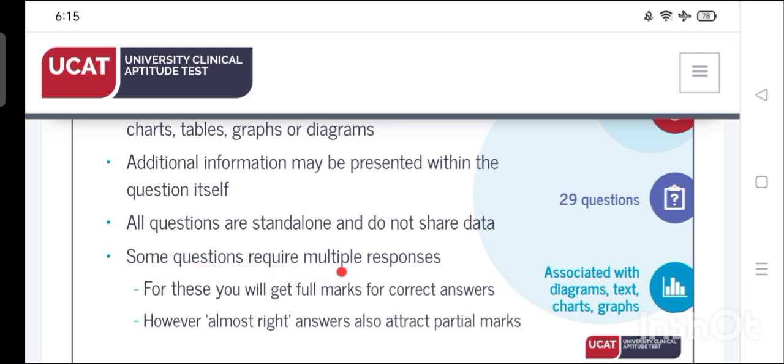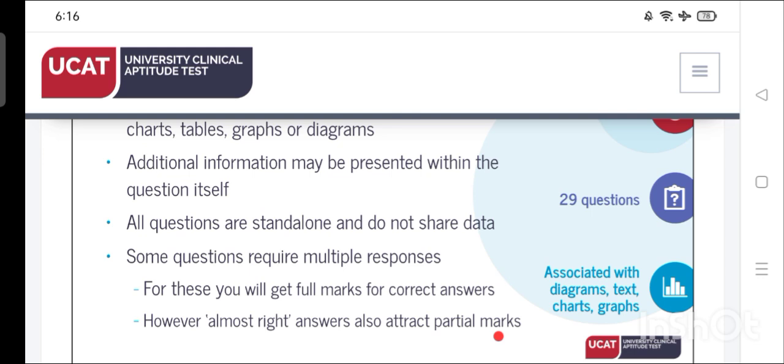Some questions require multiple responses. For these, you will get full marks for correct answers. However, almost right answers also attract partial marks. Okay, now this is the best point that you have to be prepared for, that there are some questions which have multiple responses, where most of the options could be true. And you are just confused about it. So you just have to choose, not ignore that question, because if it is right,